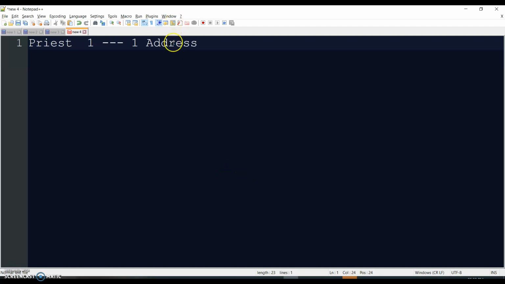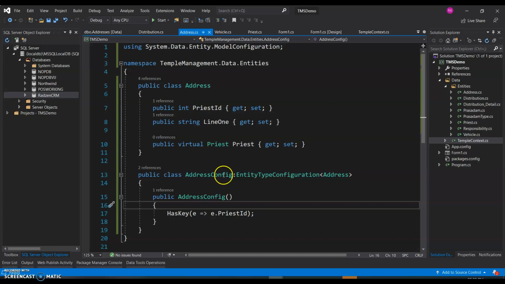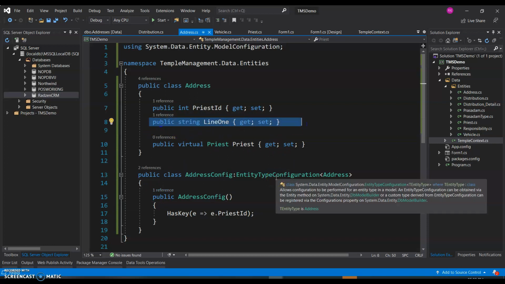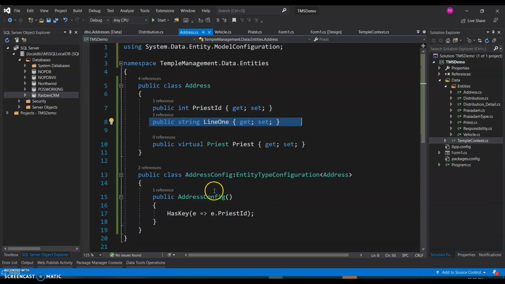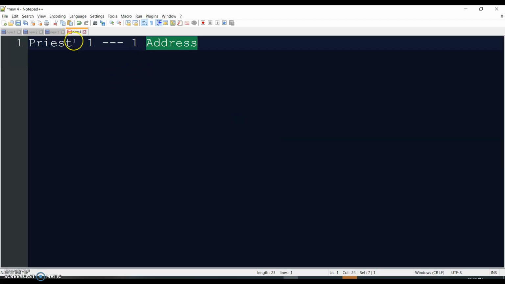Like I said, at this point, if all we have in the address is something like an address line 1, or even more fields, ideally this would be part of the priest itself and you can go ahead and put it in priest. But here for the sake of demo, I would want to separate the priest and address entities. In fact, some databases actually do this, especially e-commerce databases, where they separate the actual entity and the address entity into different entities rather than have all the fields of address in the priest itself.